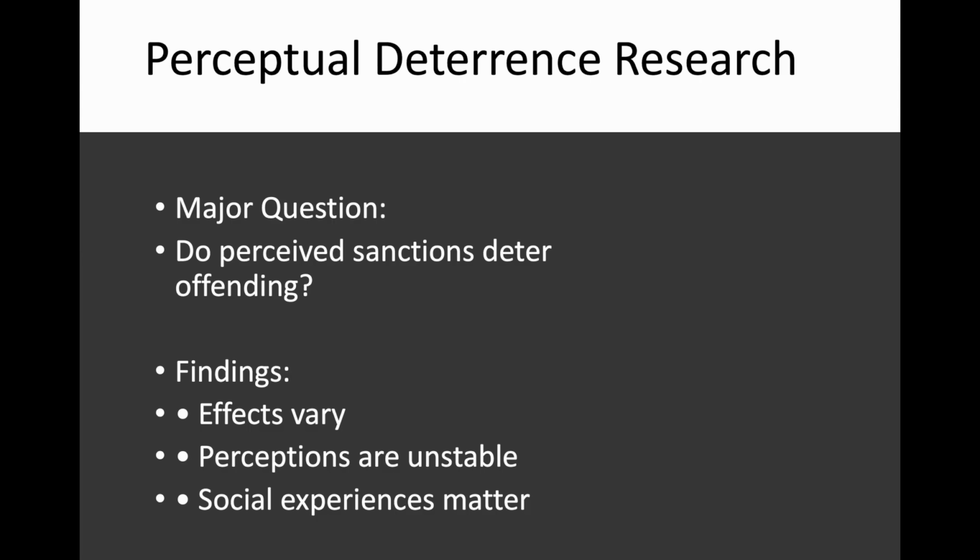First, perceptions are unstable. People constantly update their perceptions based on personal experience, peer experiences, media exposure, police encounters, and punishment avoidance. Second, offenders may systematically misperceive risk. Some offenders become overly optimistic and believe they're unlikely to get caught. Others may normalize punishment because offending is common within their peer networks. Third, perceptions themselves may be shaped by prior offending. This becomes a central causal order problem in deterrence research. Do perceptions reduce crime? Or do people who already offended simply develop lower perception of punishment risk? That question becomes one of the most important critiques in the entire deterrence literature.